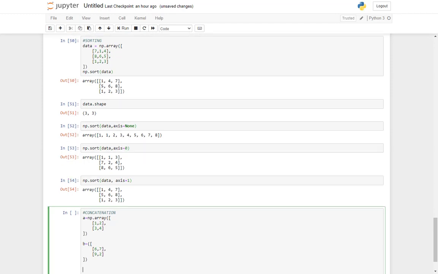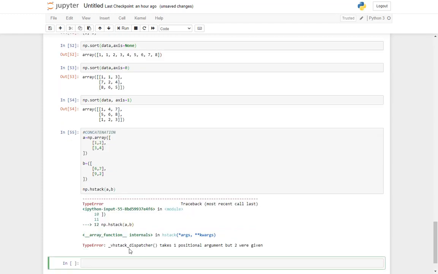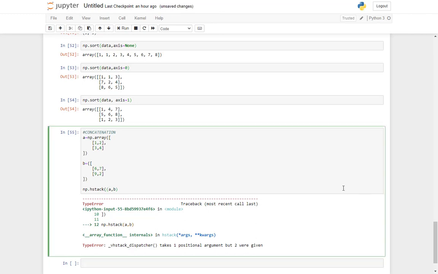Now I need to concatenate. Concatenate is joining. Then if I have H stack, that means stack up both the arrays in horizontal direction. First array A, then array B. Okay, so I forgot to give one more braces.